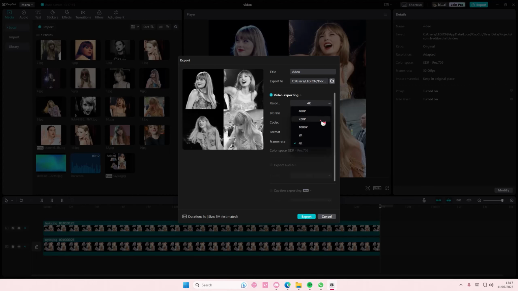So I'm just going to select the 720p resolution, and you're also going to select the 30 frames per second one. I think it doesn't matter actually. So if you just change the resolution, it's going to change the file size of your video or photo. You can also select the recommended bitrate or